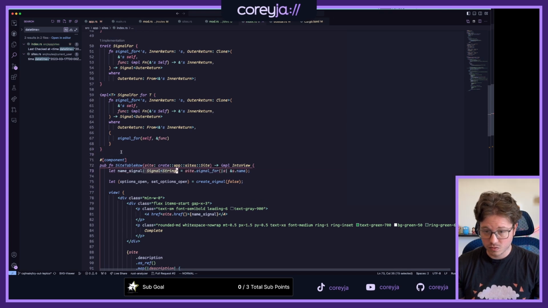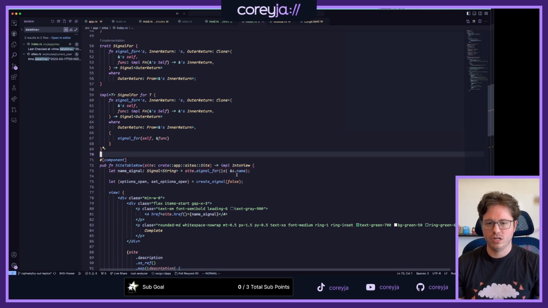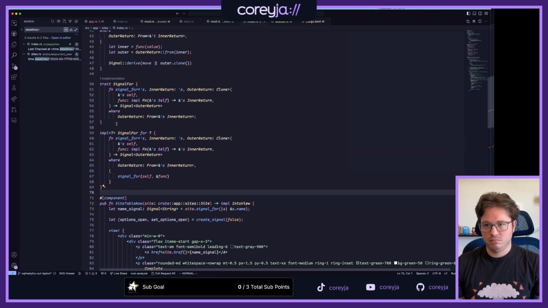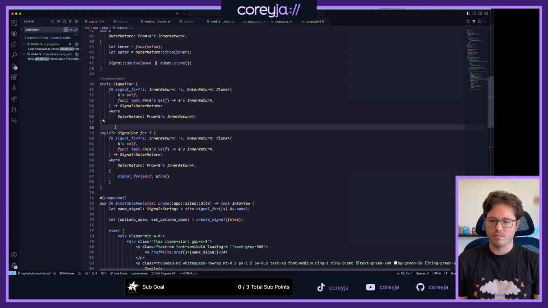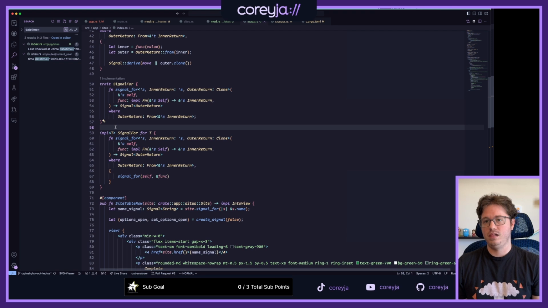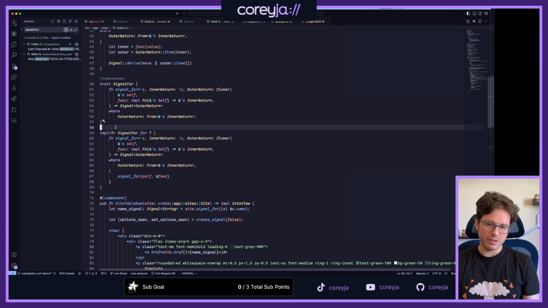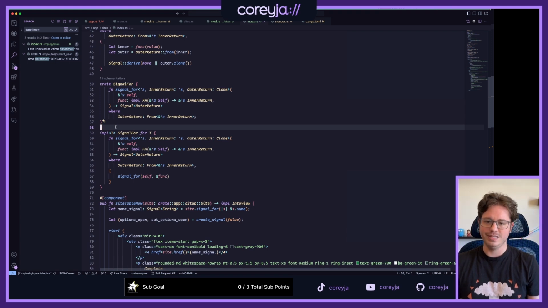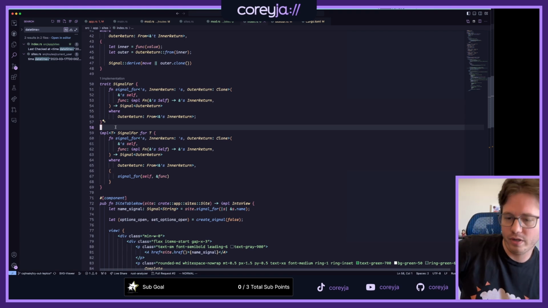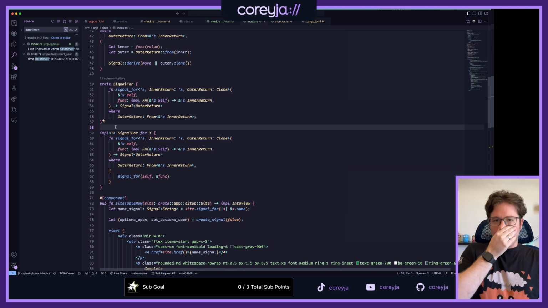It does need to know what type of signal I'm trying to give you there. Yeah, it's because of the from, right? Because I'm using this From impl. If I wanted to do something more specific than just the from, I could get away with it. But if I just want the from like this, I need to specify what string or what I'm getting out of it. But that makes sense.